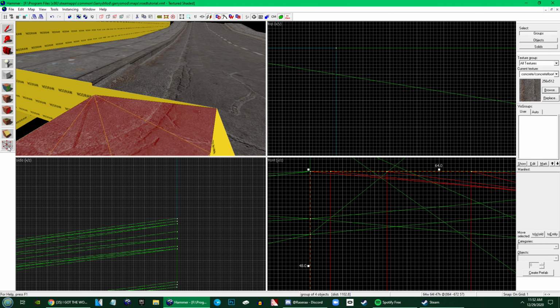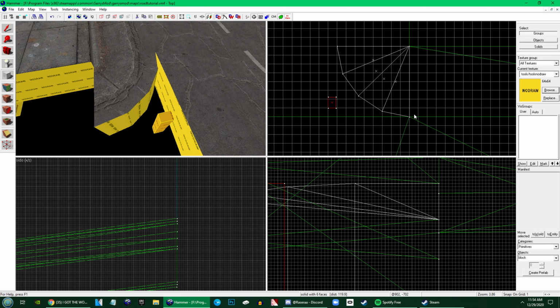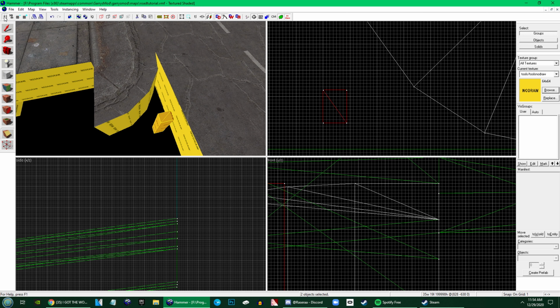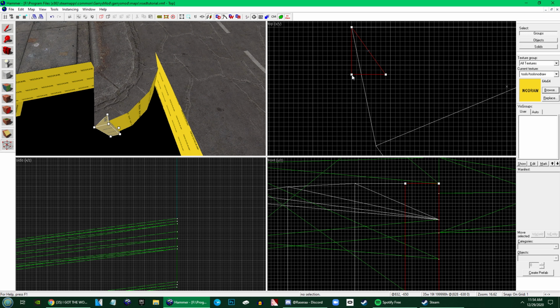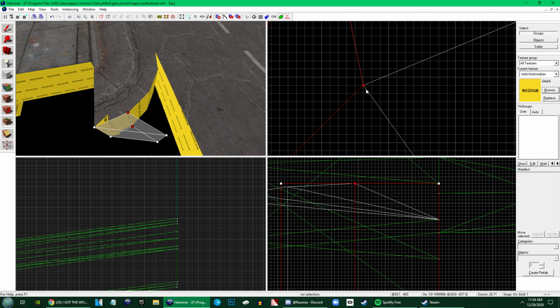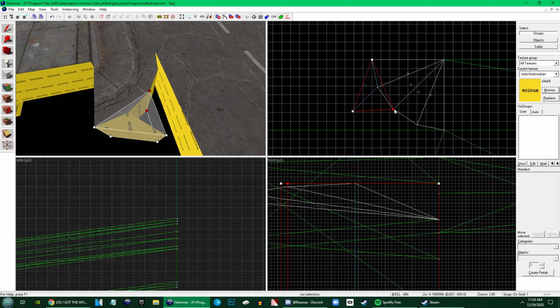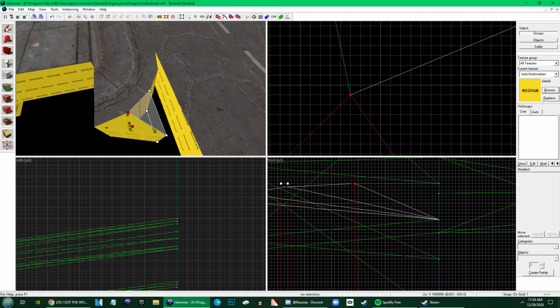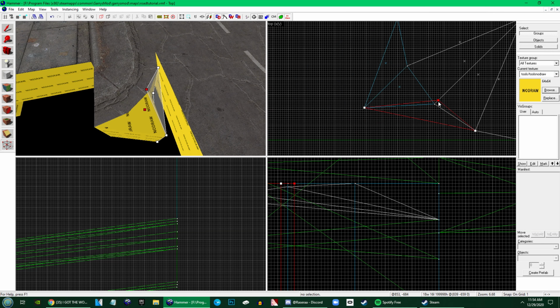And then we're going to make a couple triangles here just to bridge the gap between the curve here and the flat. So I'm going to go ahead and just give myself a little triangle to clone and work with here. Drag this out, just wherever, it doesn't matter, and then drag the other one there. Then we clone this, move these vertices over, and then we're good. Clone it, move it over,